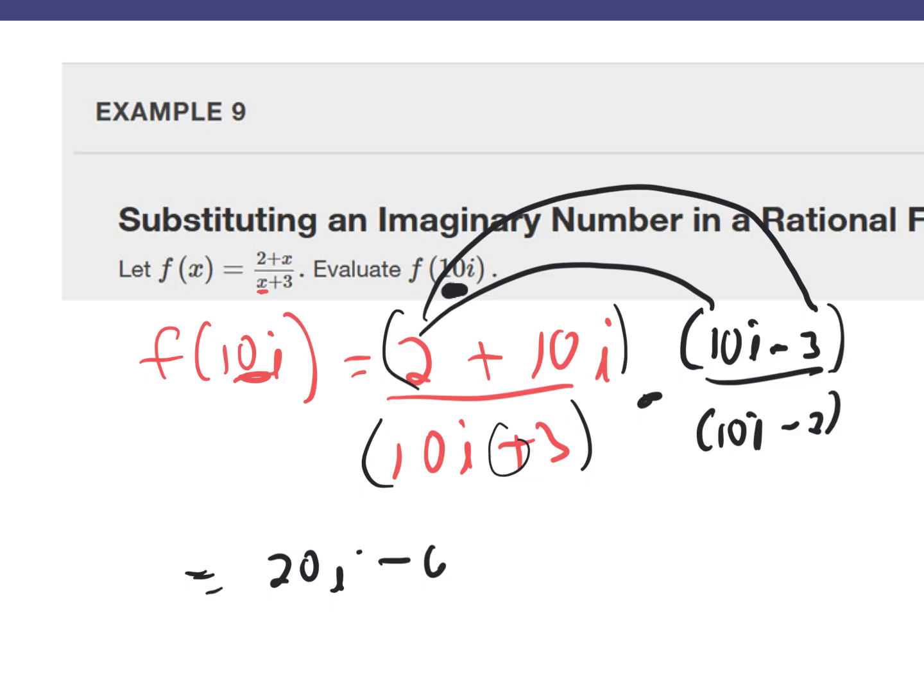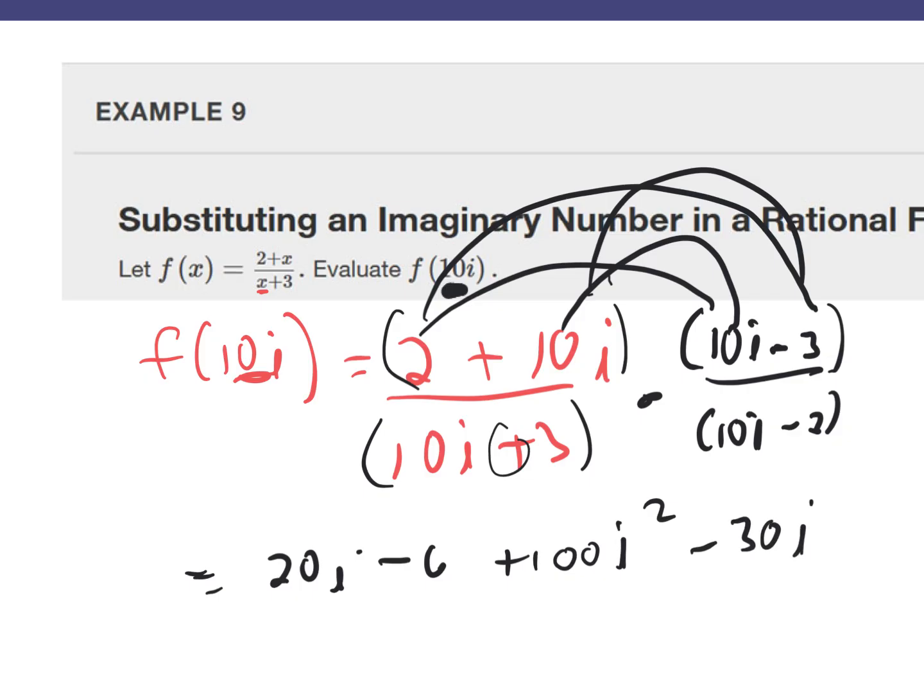Inner is plus 10i times 10i is a positive 100i squared. Last is 10i times the 3, negative 30i. All of that divided by,